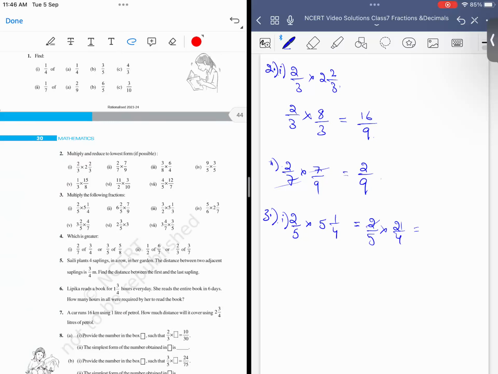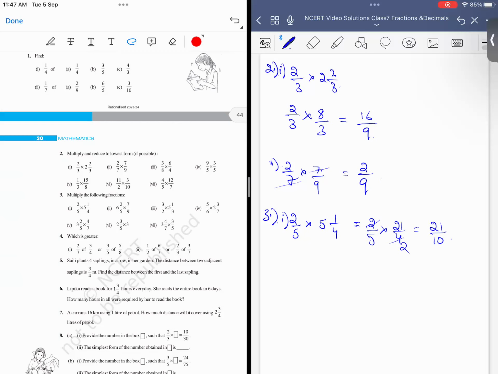And you can also see that you can factor out. Okay. Cross factor out 2 and 4, 2 times. So that will be 21 by 10. Okay. And this is in lowest form now. Likewise, we can take